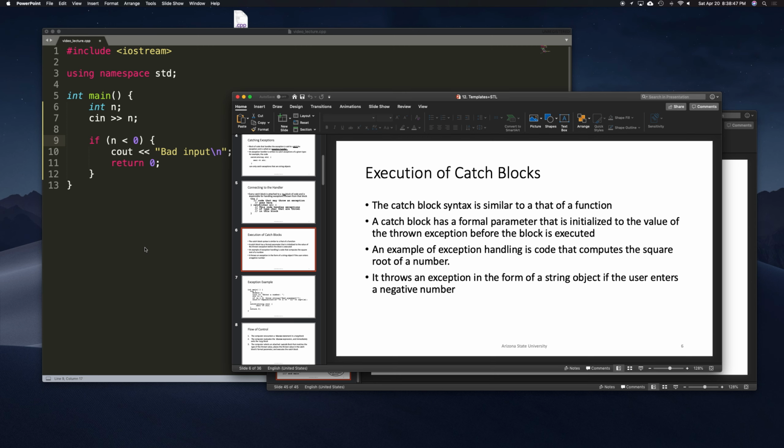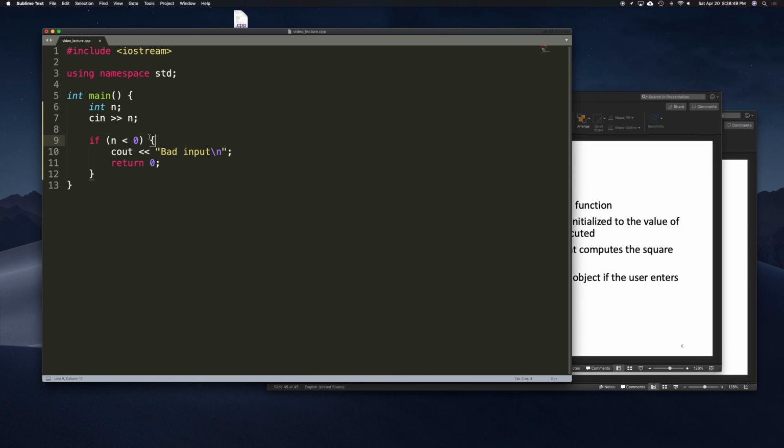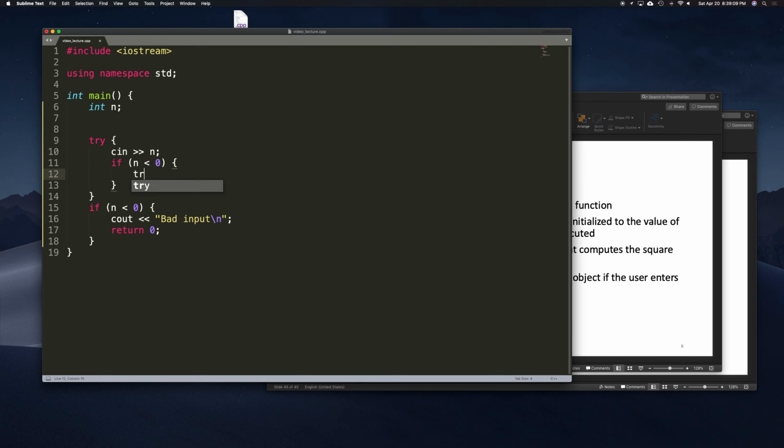So let's see. If we have an example like this, then a better way of doing this is to write a try block. Then let's do the cin here inside here. So then what we can say is if n is less than 0, then we can, let's just say, throw just a simple string, a bad input